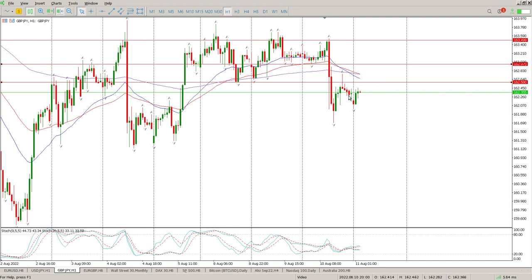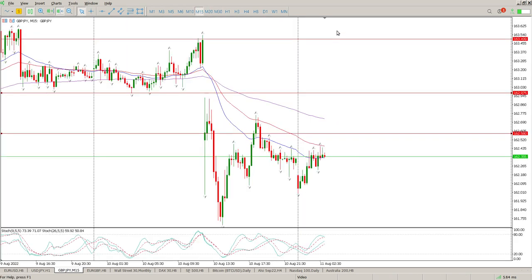That would be another short area for me with a stop above the highs. But at the moment, could be a bit of a double bottom trying to form, and the oscillator is really not offering any help at the moment. 15 minutes is looking like we may reject this area. So if you are going to trade this, I think 15-minute London breakout strategy. If you break above here, wait for the retest, then look for the buying opportunity to tag this area up here. And if you're going to tag this area, you've got a gap as well. So that's kind of what the Asian session is trying to do with Forex at the moment, is close these gaps. Quite frankly, I think it's not going to happen, but that's the level to pay attention to,